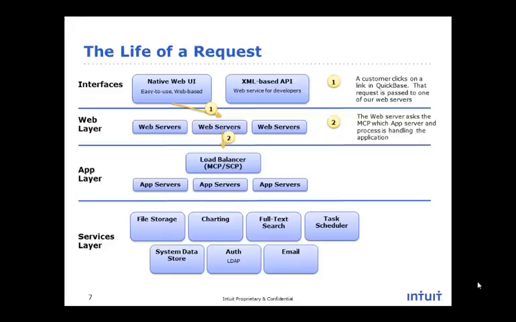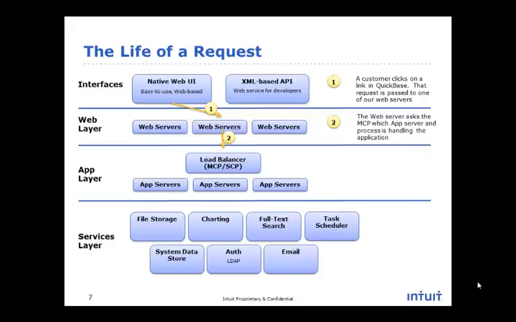The primary component here is called the MCP, which stands for the Master Control Process. The MCP is what assigns your particular application to a specific application server. Should we have an application server failure, the MCP is also what coordinates moving your apps to another available server. This process is extremely fast, as we typically make the routing decision in less than a millisecond for every request